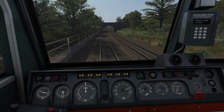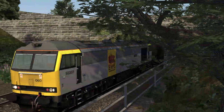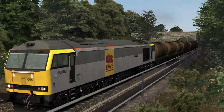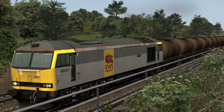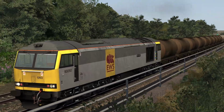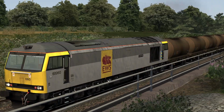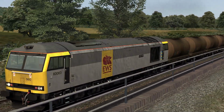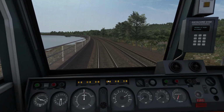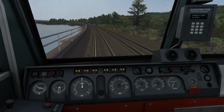But no, otherwise, the reason I've got no massive fondness for these as locos is that I can respect them as being incredibly cool, incredibly powerful, but I've got no sort of reference for them, if that makes sense. I've not really spent ages in them in Train Sim. I've not really seen them that much in real life. I just don't have much of a reference point. I've seen a few, and they don't have much of a character, if that makes sense. It's a weird one to try and explain, but yeah, that is my defense. Yes. And I plead it